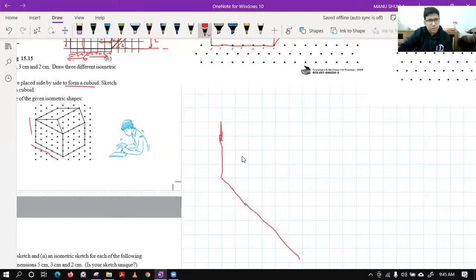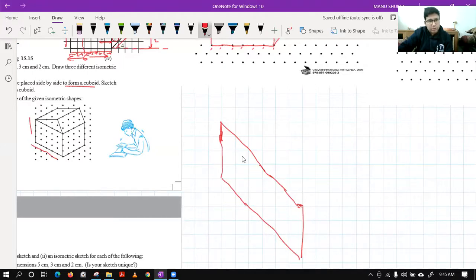Like this you can make this height. Then again you have this. And then just join this. Sorry. You have to use a scale for this. It will be easy then. Now you have to see where to make this one.